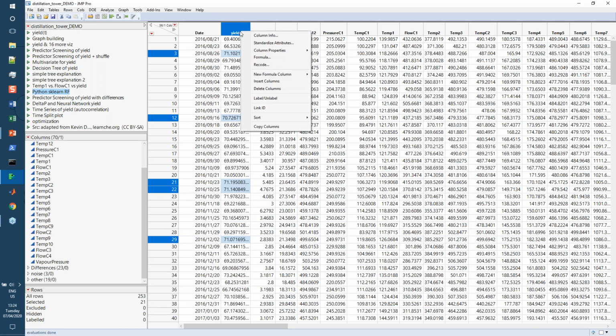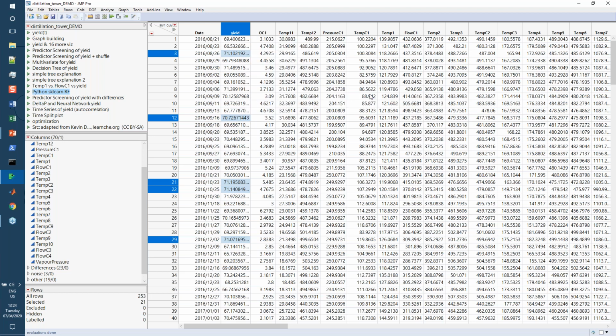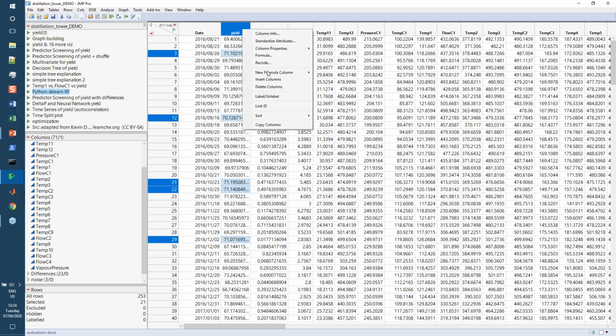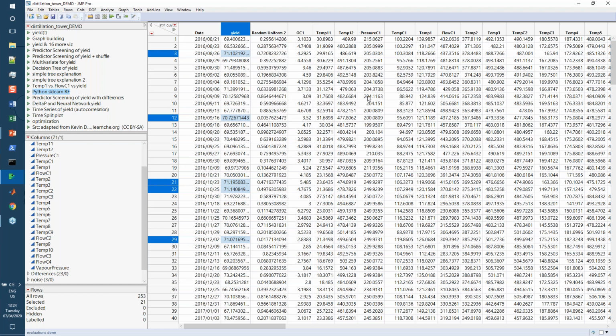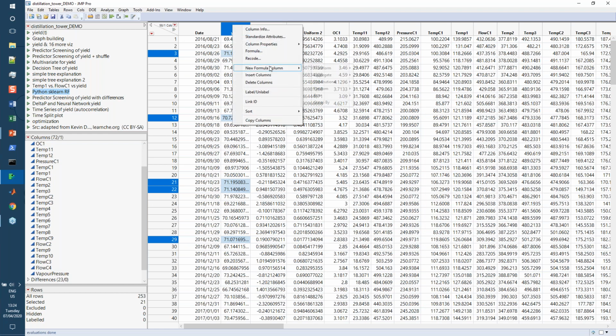So a very fast way to do that is right-click in yield. We want to introduce random noise. We want to introduce uniform random noise. We want to introduce a normal random noise, and we actually want to use just the same. We want to shuffle around our target. So